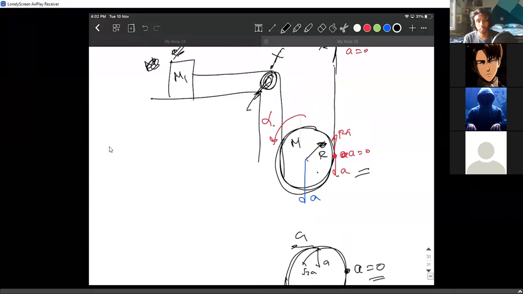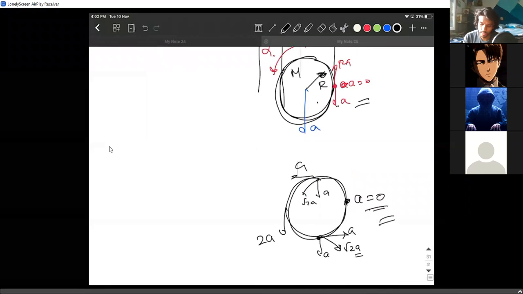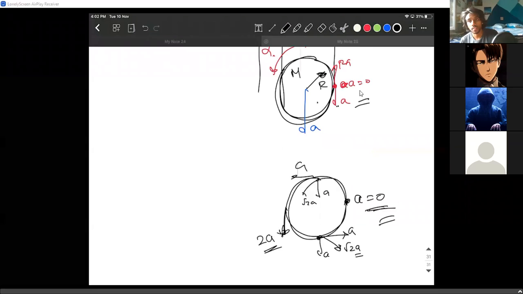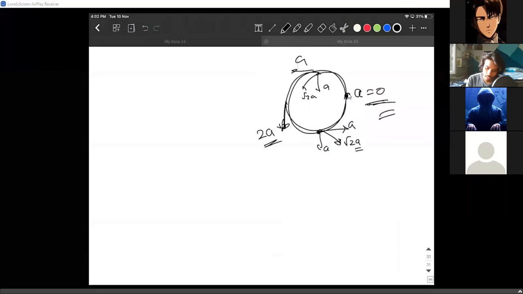Except in the previous situation it was on the left side, now it's on the right side. So does anyone have any doubts? This point has zero acceleration. This point has 2A acceleration. I'm stressing on this thing, very important. Please follow. So in this problem, whenever I'm drawing the entire situation,